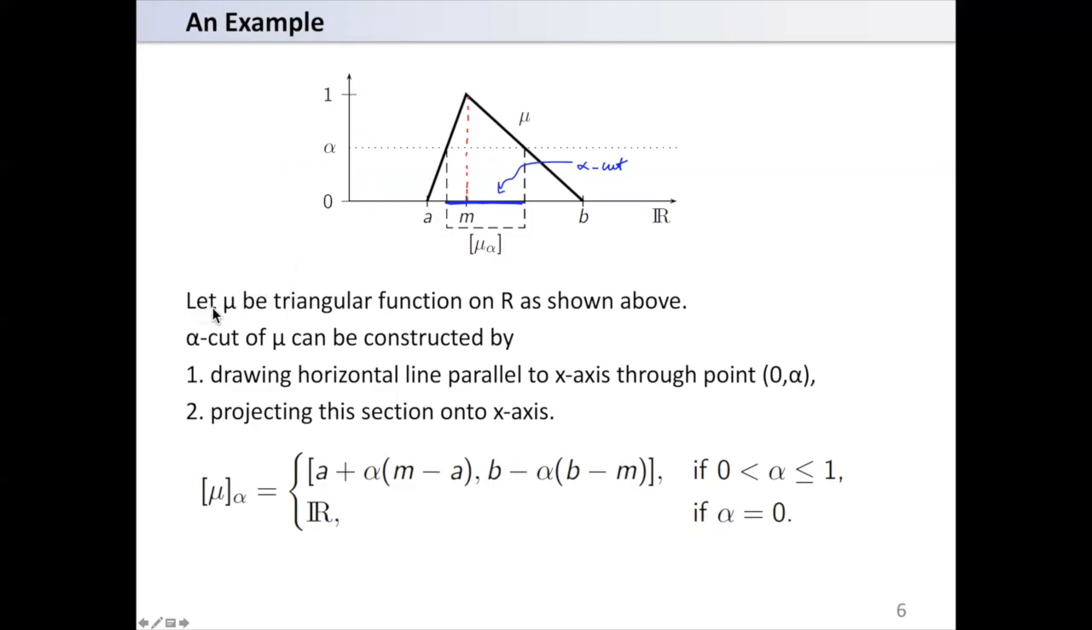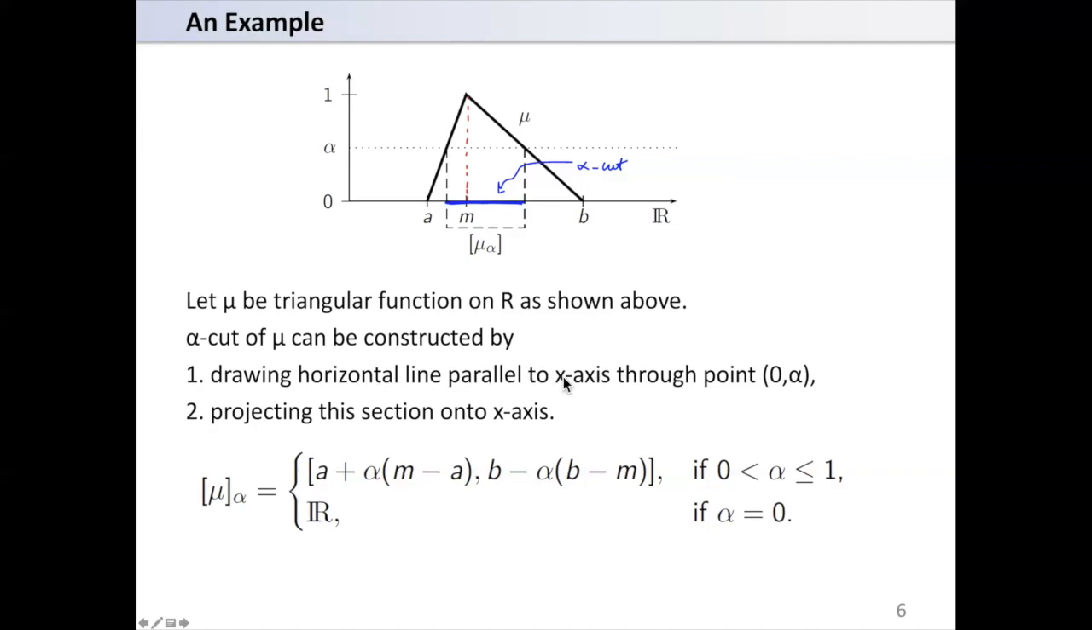Another example: let mu be a triangular function on R as shown above. Here we have a reference set which is R. In the interval between A and B, the value of the membership is greater than 0, and outside of this region, when x is less than A or greater than B, the membership function has value 0. At M, the value of the function is 1. It decreases to 0 from M to A, and similarly from M to B, it decreases from 1 to 0. The alpha cut of mu can be constructed by